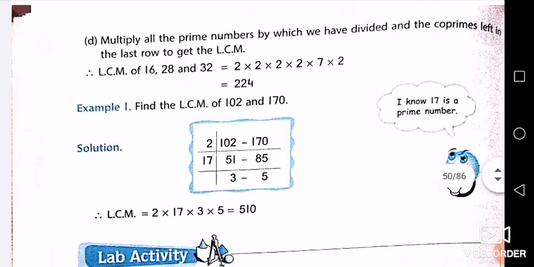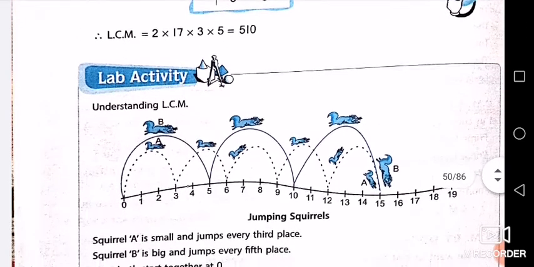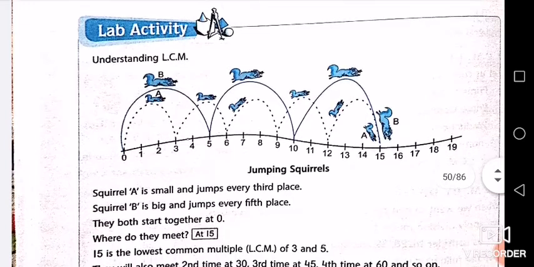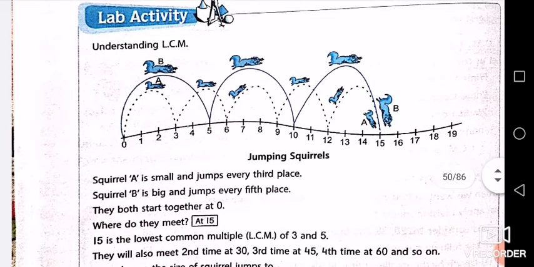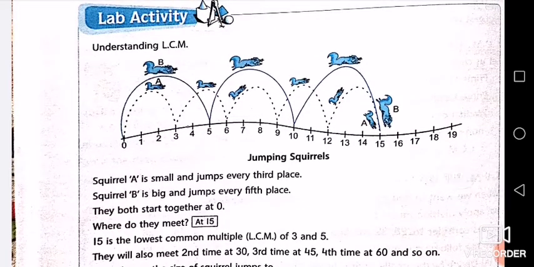Now before we start the questions, I want all of you to see this activity, understanding LCM. How do you understand LCM? Now this is a picture. In this picture you have two squirrels, squirrel A